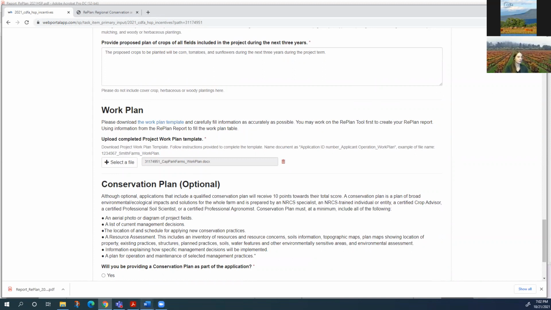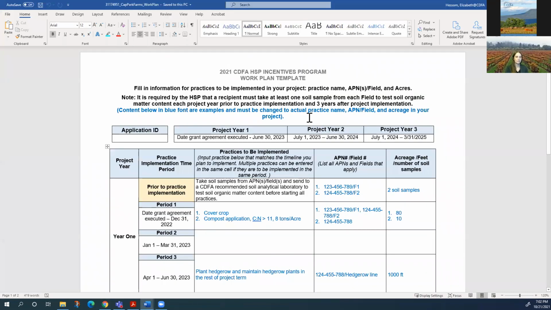The template for the work plan looks like this. The example language is in blue text. Please fill in the work plan, including practices to be implemented, the APN and field names, as well as the acreage or feet for the practices and the numbers of the soil samples. Once this is complete,